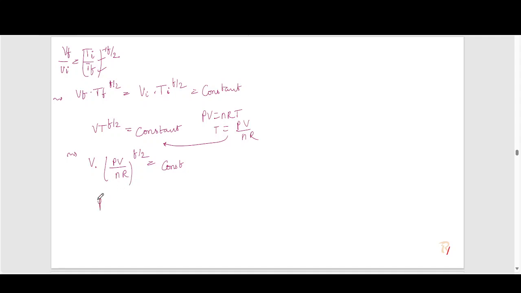From this we can say V to the power of f by 2 and V to the power of 1 plus f by 2 gives us a constant. Therefore, substituting, V to the power of (1 plus f by 2) over (f by 2)